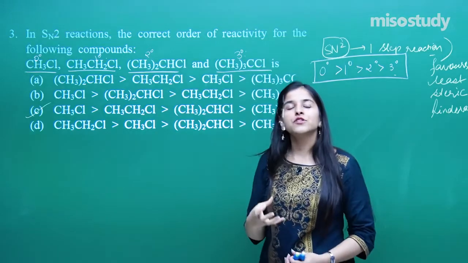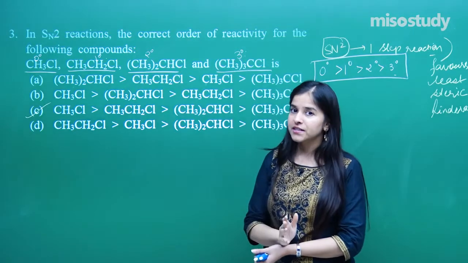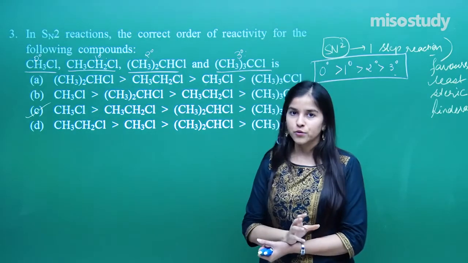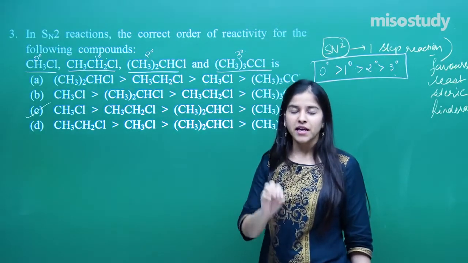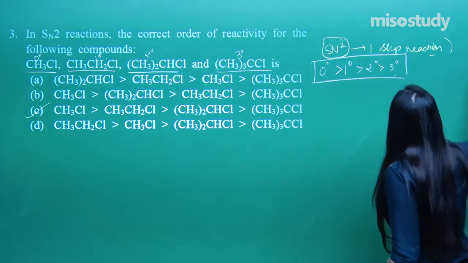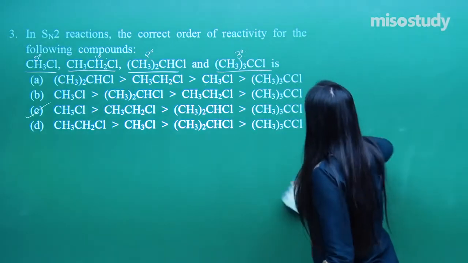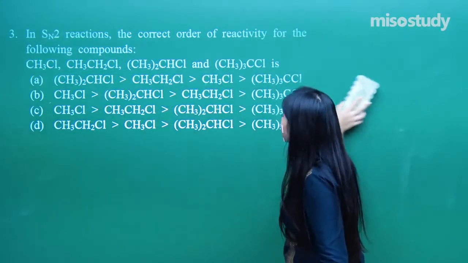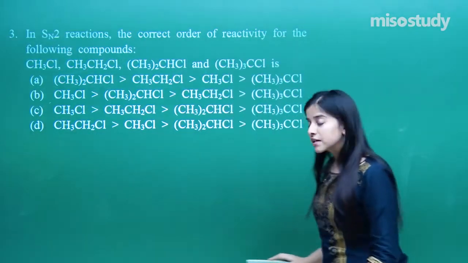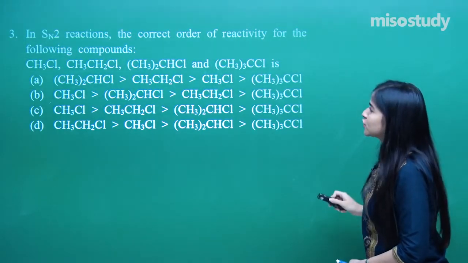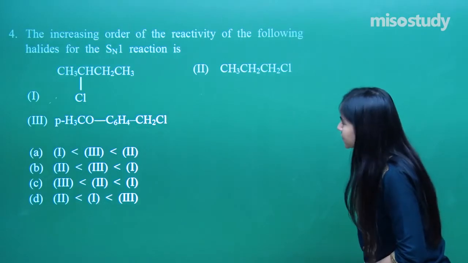That is how the actual scenario of questions is in JEE Main. It's not rocket science that you are not able to solve the questions. Once you get the mechanism, it's hardly a one minute question. You can get the answer just by observing the options only. You need not write the answer in your rough pages. So now let's move on to the next question.